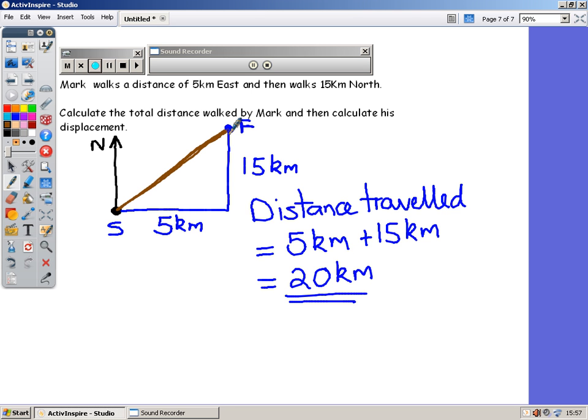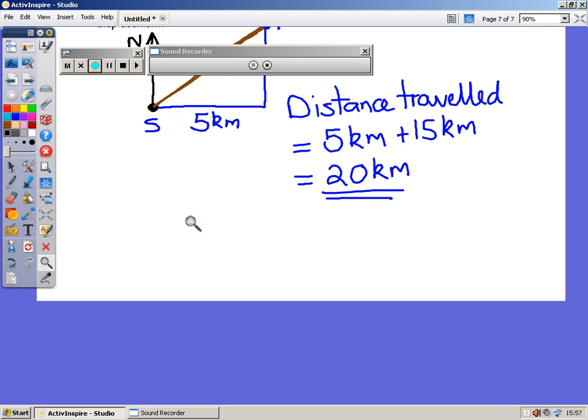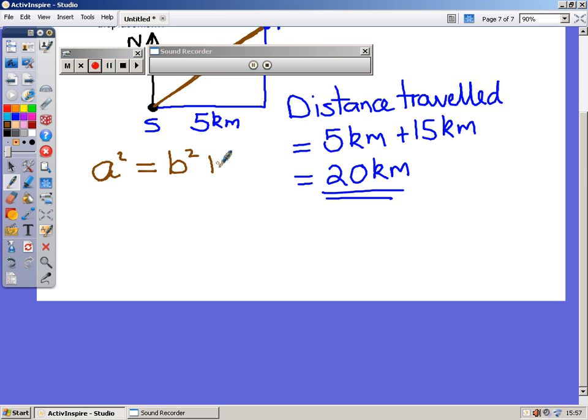So we need to apply Pythagoras at this stage. I'll move the board up. So we say a squared is equal to b squared plus c squared. A squared is equal to 5 squared plus 15 squared